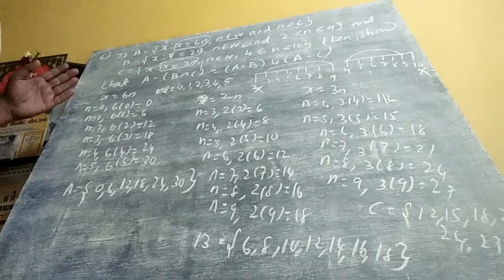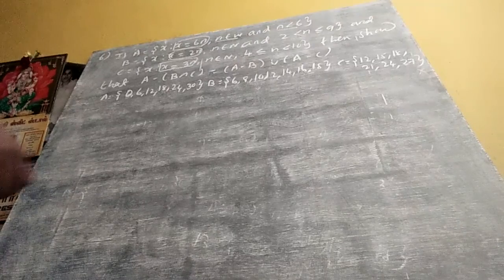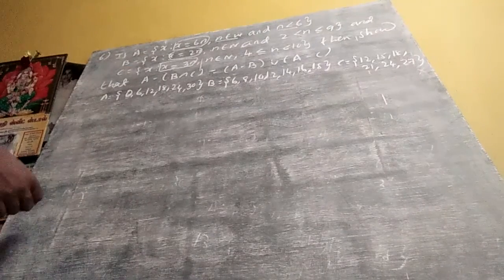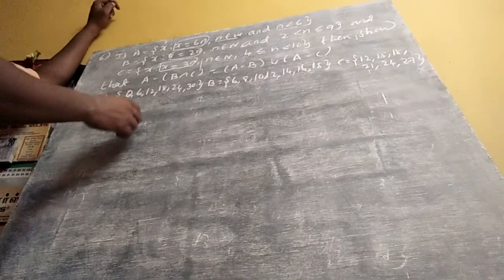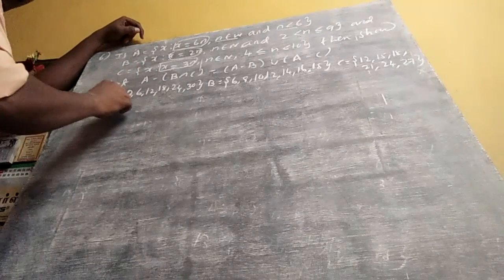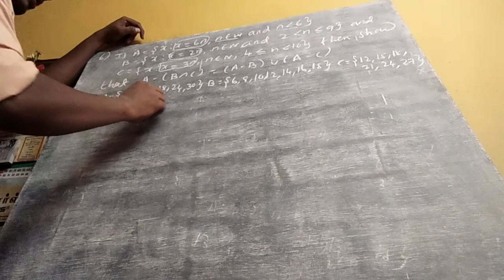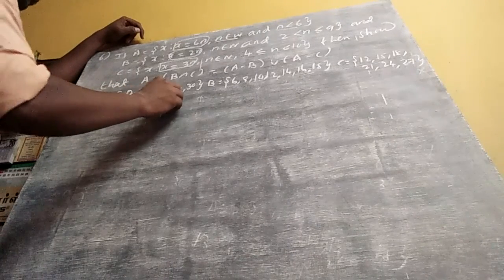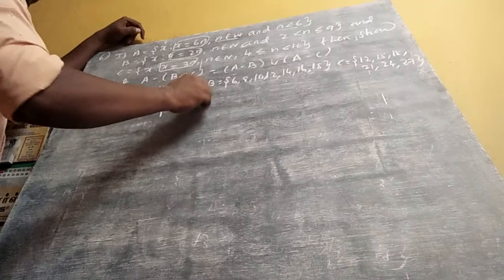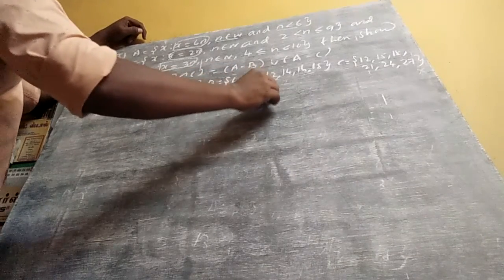Now only we found the A value, B value, C value. After that only we have to go to the sum. Now I have written the A value, B value and C value. Now what is the question? A minus B intersection C. The LHS side I am going to do. On the LHS, first is B intersection C. The B value is 6, 8, 10, 12, 14, 16, 18.